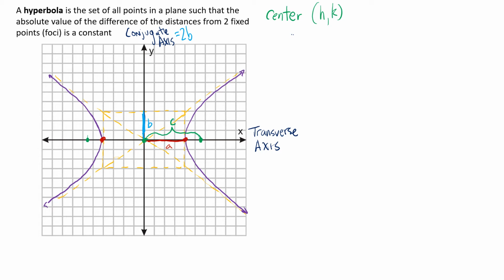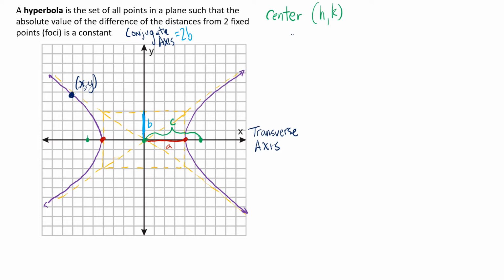What this definition here says is that if I picked any point, for example this point right here, this point is xy. At any point xy that satisfies the parameters of the hyperbola, what it says is that I should have some